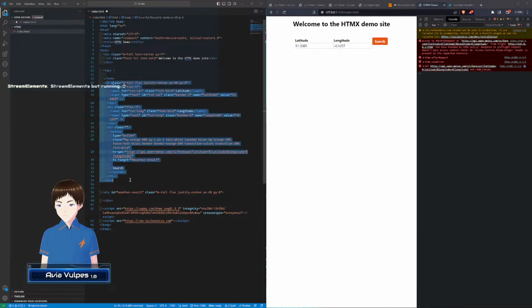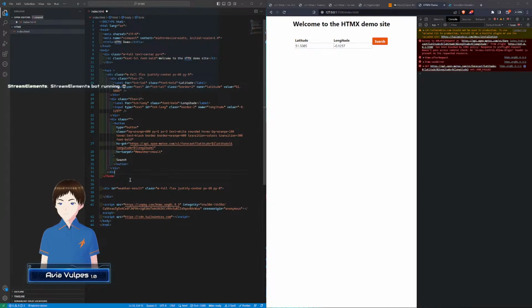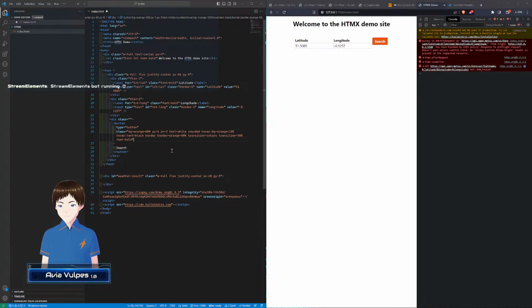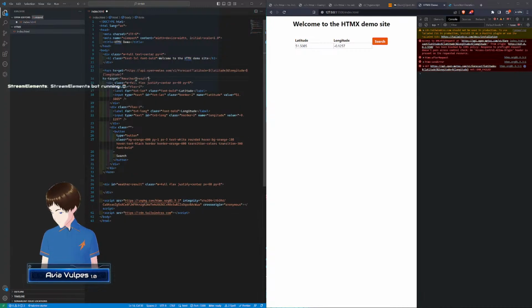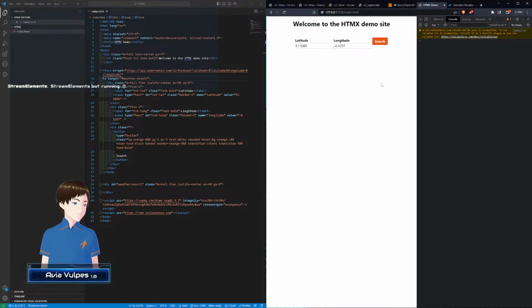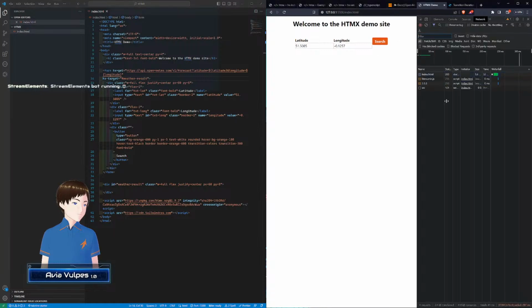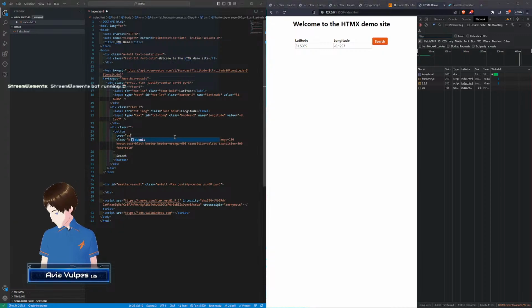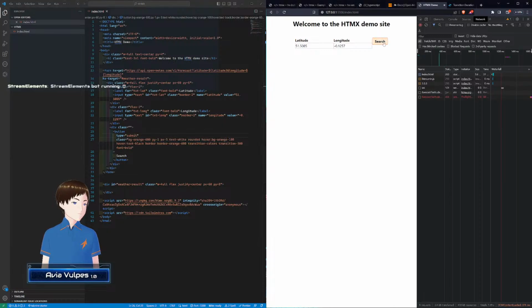Default stuff. HTMX get will form now. Via submit. And I'll get rid of